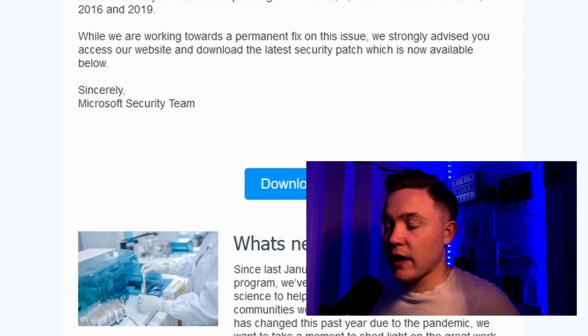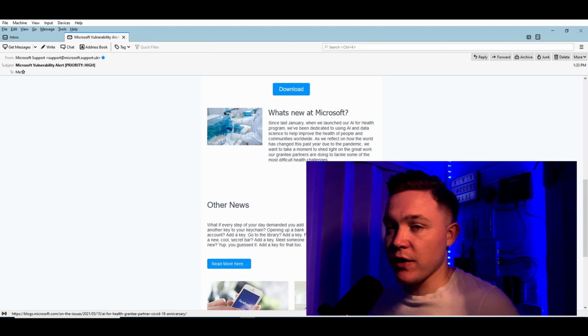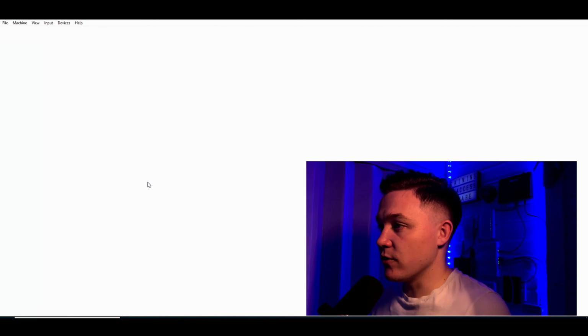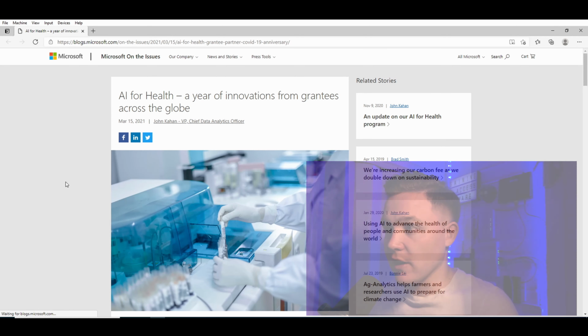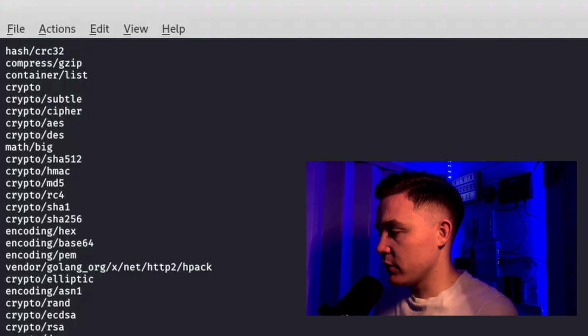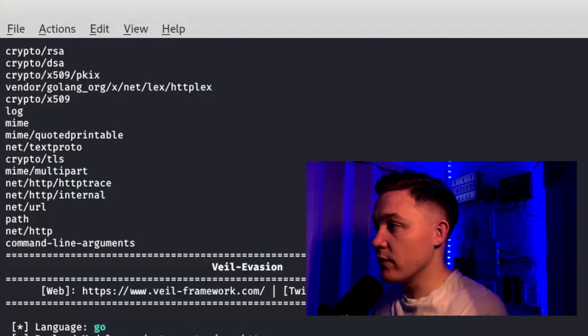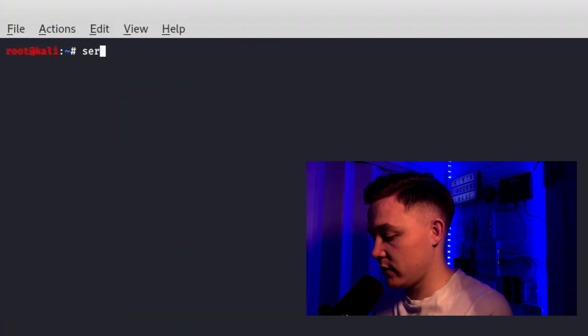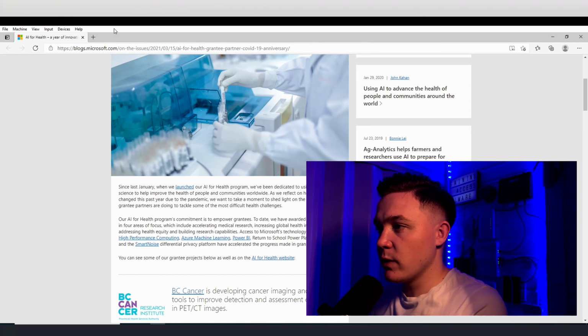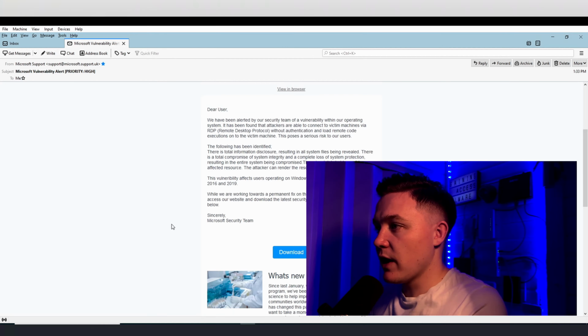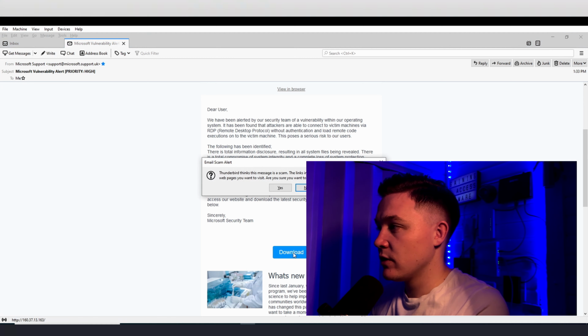So before I click on the download button, if I click on an article link within the email, you'll see it takes me to Microsoft's genuine web page and it shows me the relevant article to that button click. If I now go over to my attack machine, I need to start my Apache web server on the Linux machine. So I'll do service apache2 start. Then back to the Windows machine. If I go down and click download,